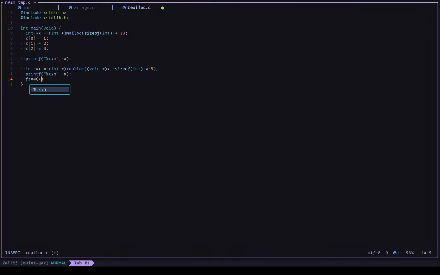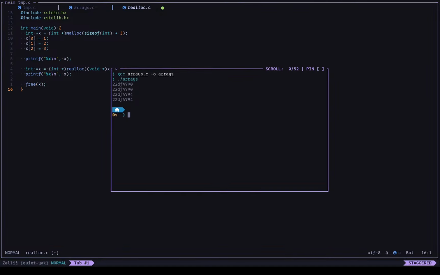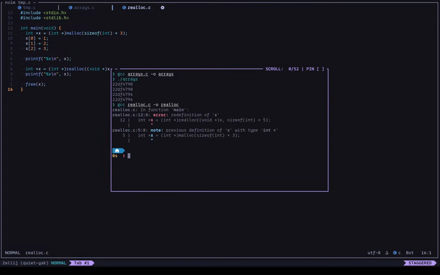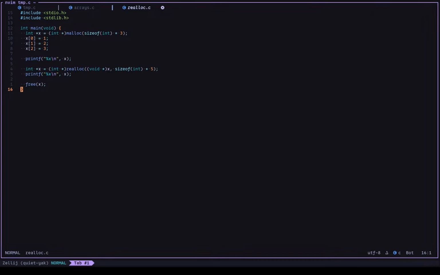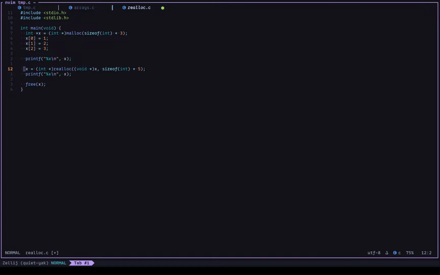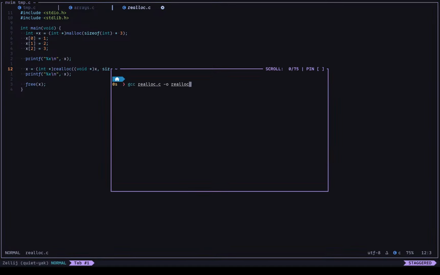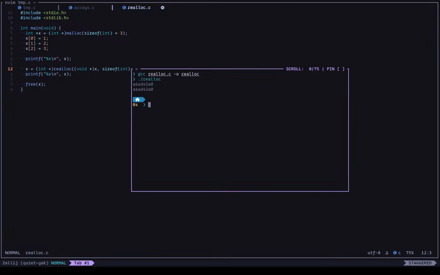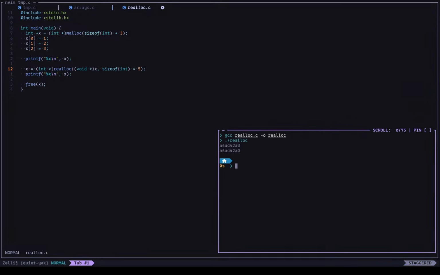And then we'll free x because we are a good program. Realloc. What happened? Okay, we don't need to redefine it. So if we are realloc, okay, here we can see that it's actually the same memory address,